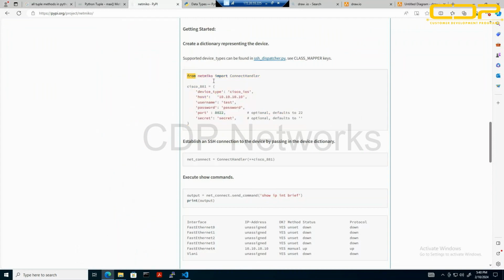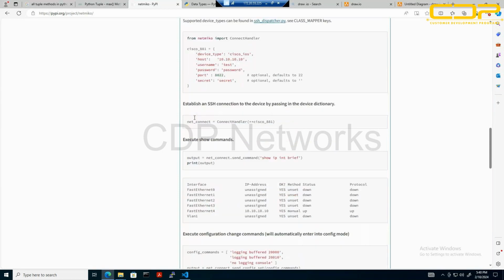See here, it's named Cisco 881, and there he has introduced device type, host, username, password, port, and credential. Okay, so with some more syntax, he has established an SSH connection. Then there is a send command. With that, he can send a command to the router, and the output will be printed on your console. Okay,